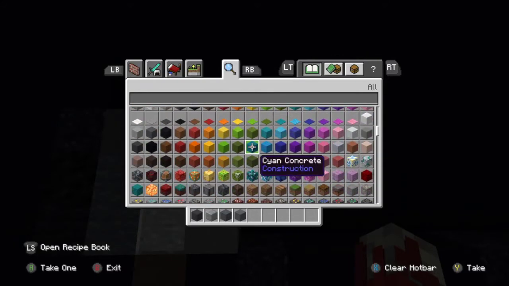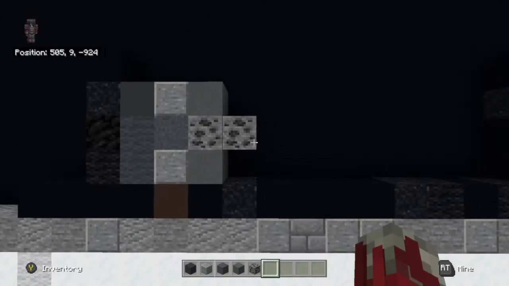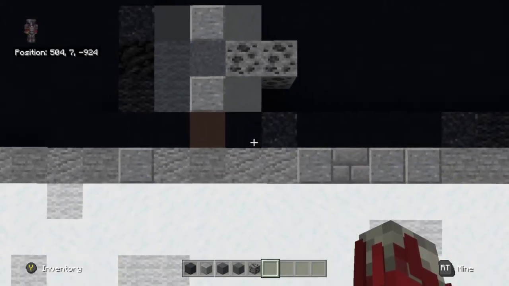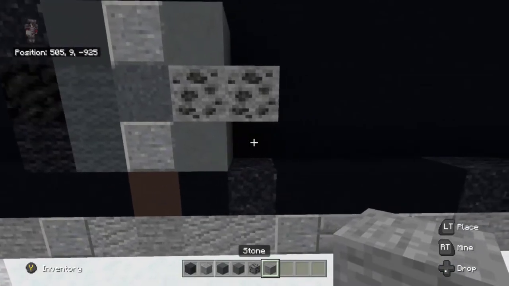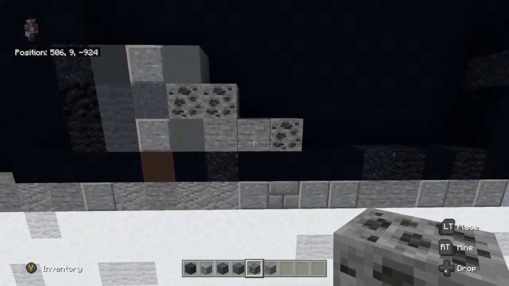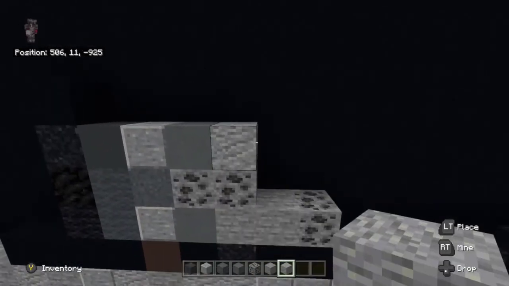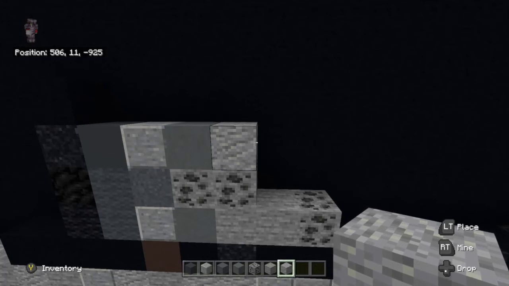and grab us coal ore and place coal ore going to the right 2, 1, 2, and then we're going to go ahead and place us underneath the right coal ore. We're going to place a stone going to the right 2, 1, 2, and then to the right of it place coal ore. Then we're going to go ahead and grab us andesite and place andesite on top of the right coal ore, and then we're going to the top right coal ore, and then we're going to place us cyan